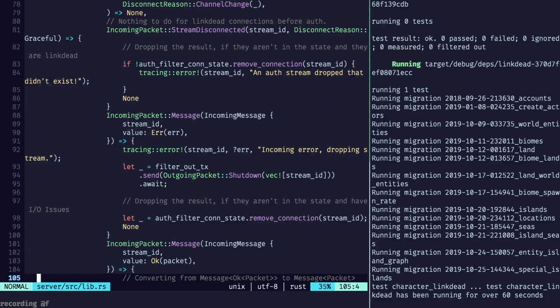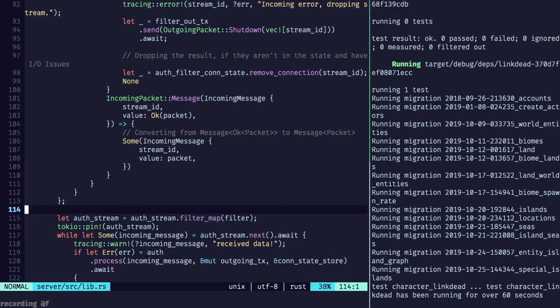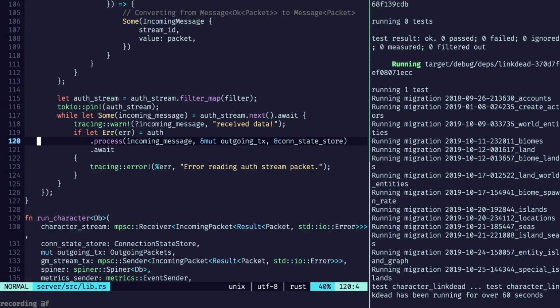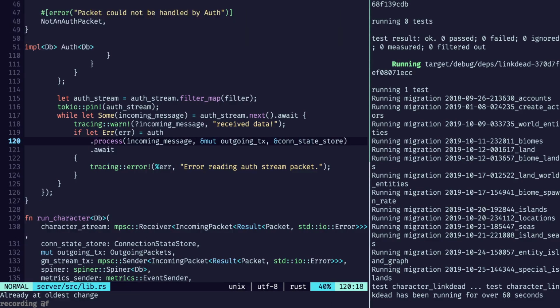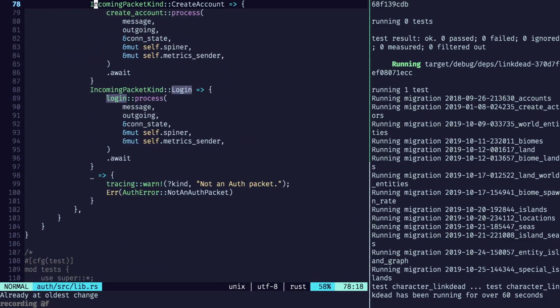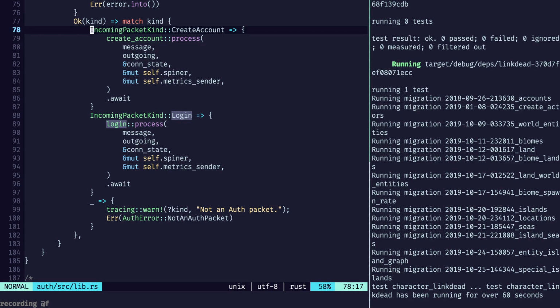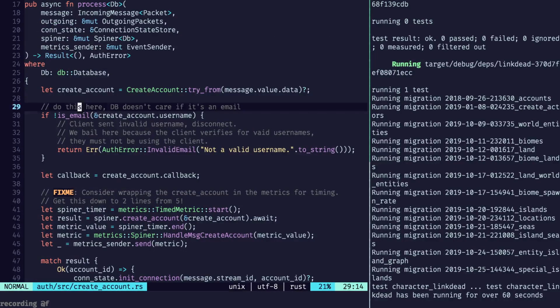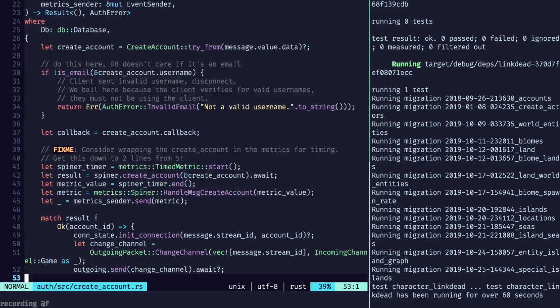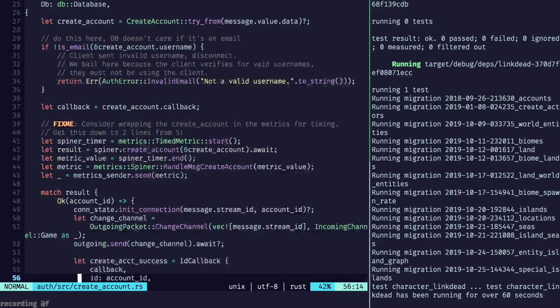I thought I got that wired up. So yeah, these are our filters. If it's just a regular message at the end, we come in here and process it. Create account is here. Huh. So if it's a valid username,